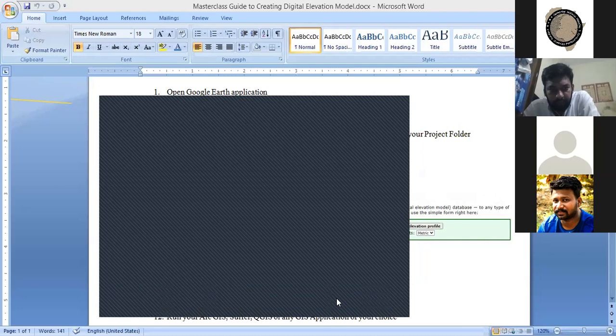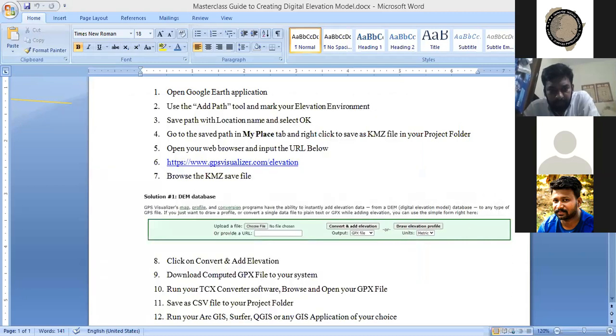I'm going to go to File and save it as KML, which is the Google Earth file format. You're free to open your Google Earth if you have it. So this is my LGA boundary. I'm going to save it in the KML format. So if I go to my Google Earth right now and I wish to locate this particular place,